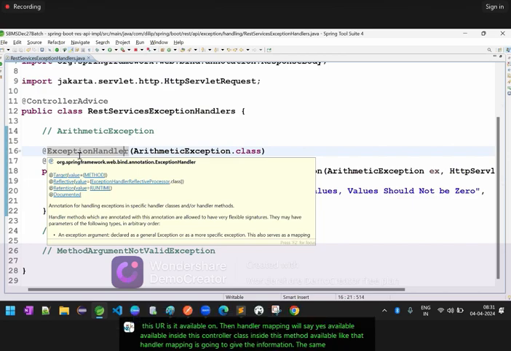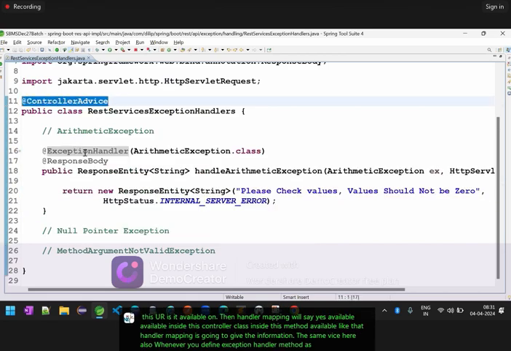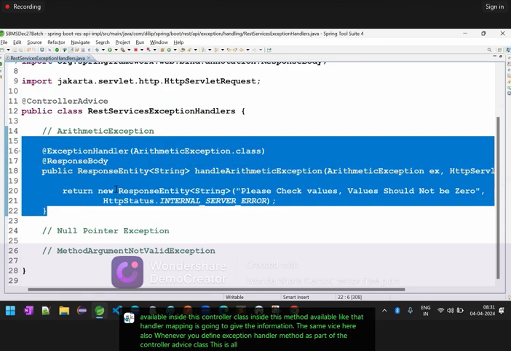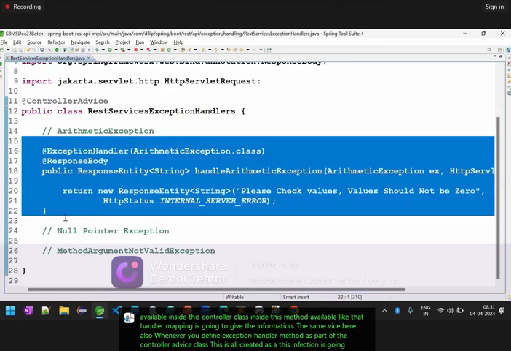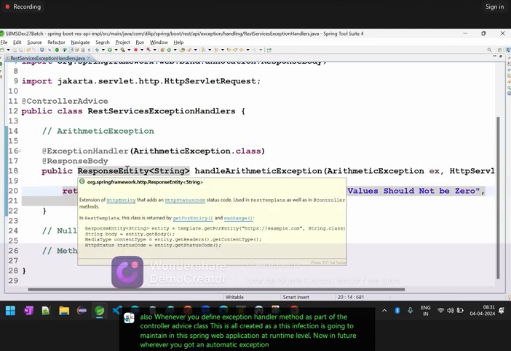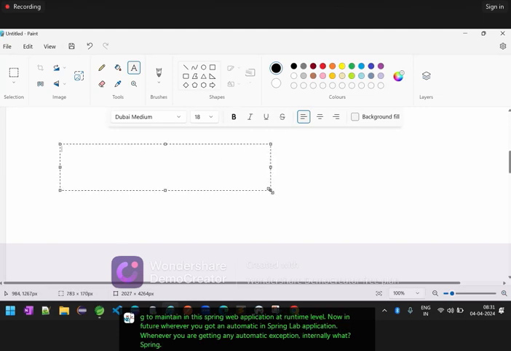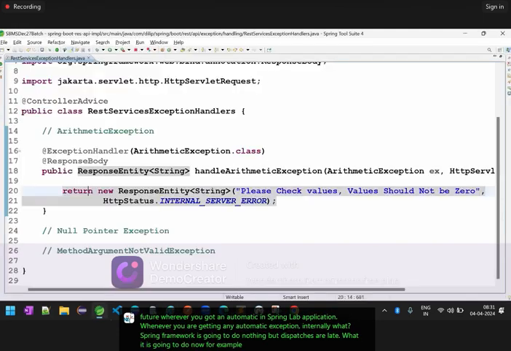In the same way here, whenever you define the exception handler method as part of the controller advice class, this information is maintained in the Spring web application at runtime. Now in future, whenever you get an arithmetic exception in the Spring web application, internally what is the Spring Framework, namely the dispatcher servlet, going to do? Now for example,